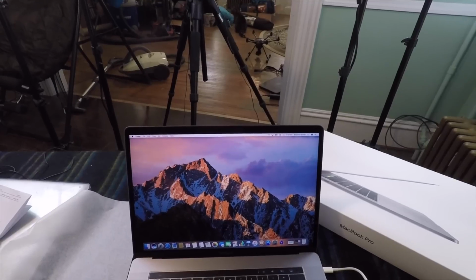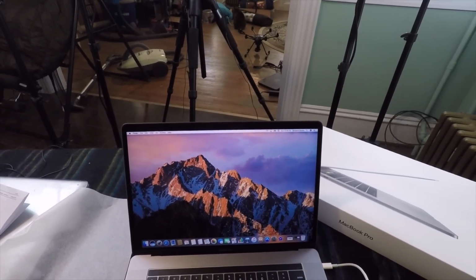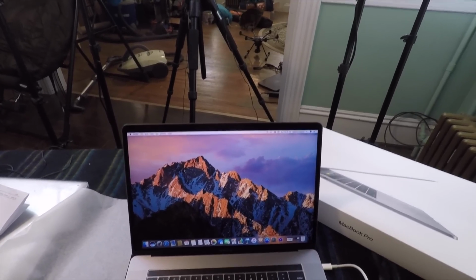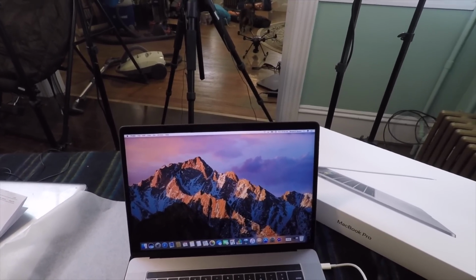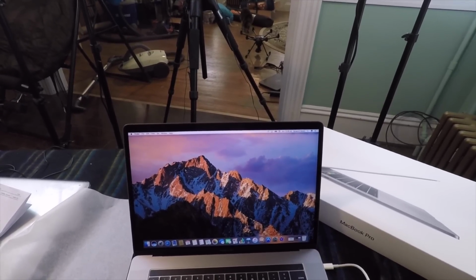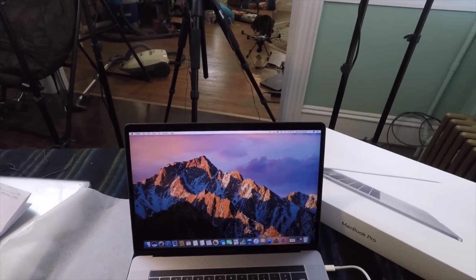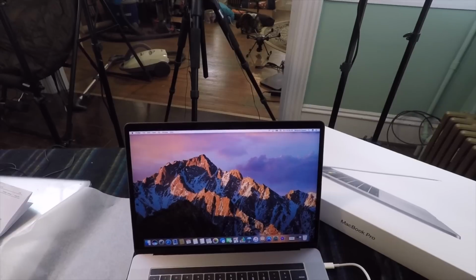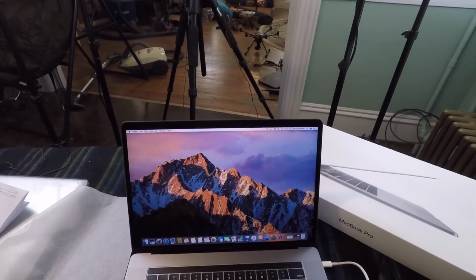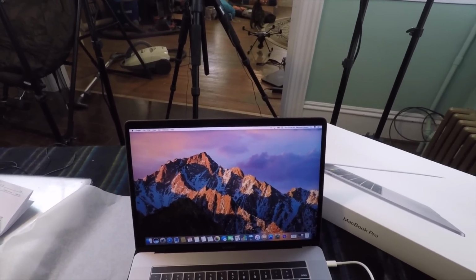The other issue was that if I just did a return and replace, we weren't sure that Barclay card, who I used for the 18-month zero interest financing on this thing, would give me the special financing, because that needs to be used 30 days from the opening of your account. This account opened on the day that I bought the Mac, which was November 17th, and it took them a month to get it to me, so I'm outside of my 30-day window, and we weren't sure that Barclay was going to give me the interest, and without that zero interest payment plan, I'm not able to afford this. So